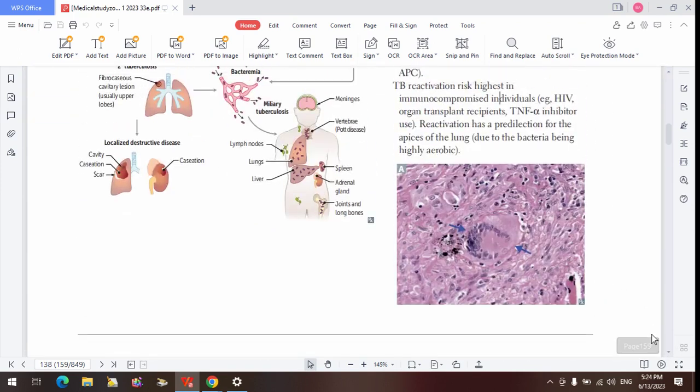Okay. All right. Sure. Listeria. Listeria will cause